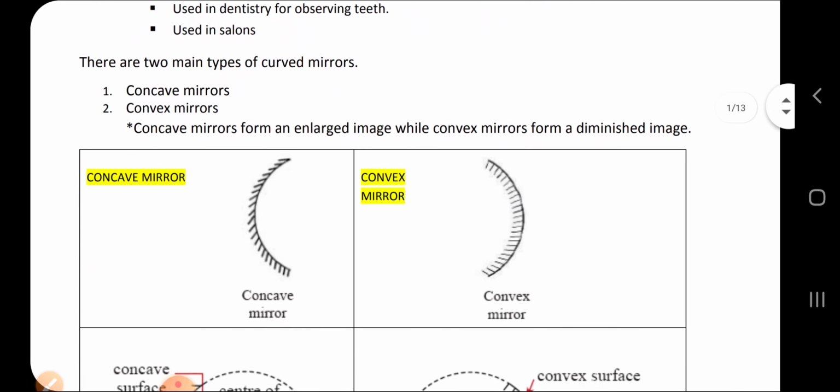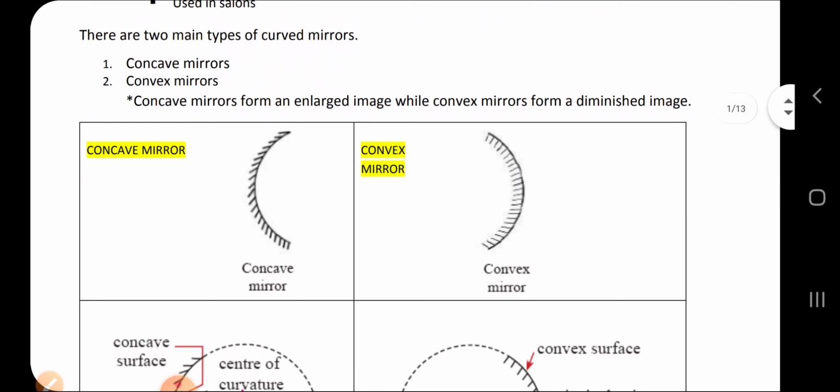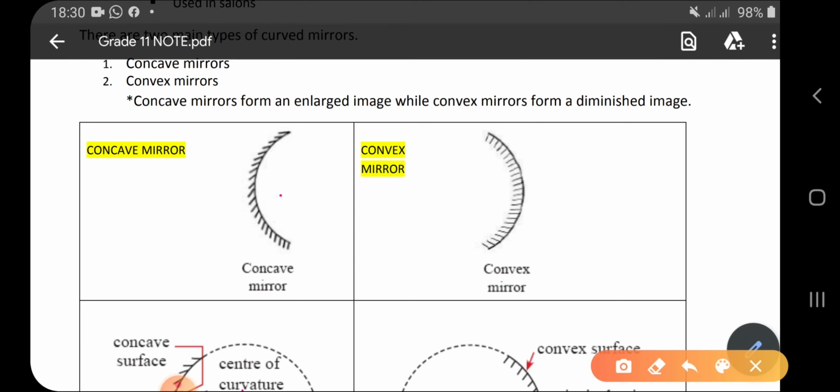So in this lesson we are going to talk about the curved mirrors, right? That means not the normal mirrors, the mirrors with the curved reflecting surfaces. As you can see here, there are two types of mirrors, concave mirror and convex mirror, right? So how do you identify these two separately is, if you see this concave mirror, there is always a cave-like